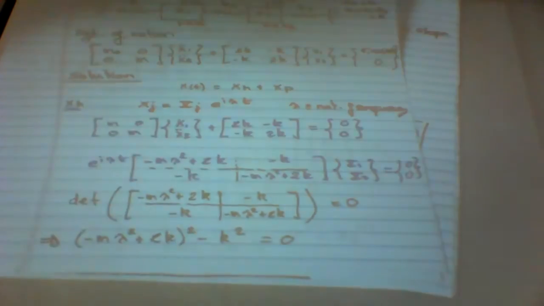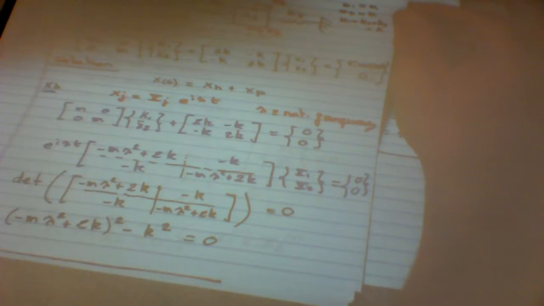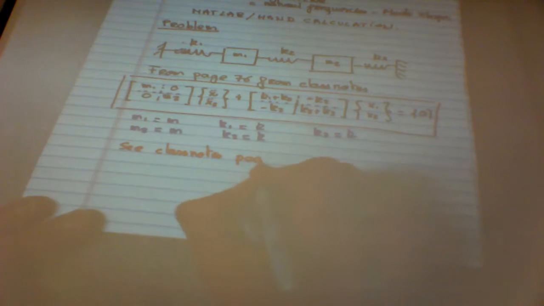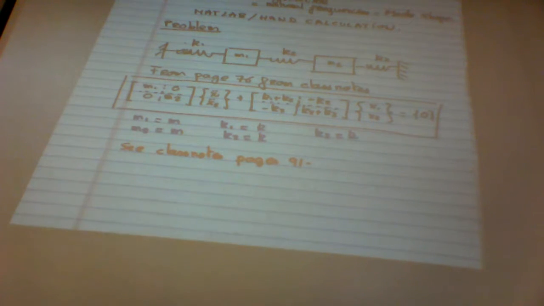So we have this one over here, where we had M1 equal M2, and all of them are equal to K. Okay, so basically let's just say, recall that problem. So these are all equal to K. Okay, so this is, I'm going to say here, class notes, pages 91 through